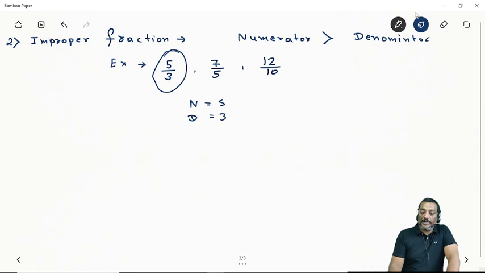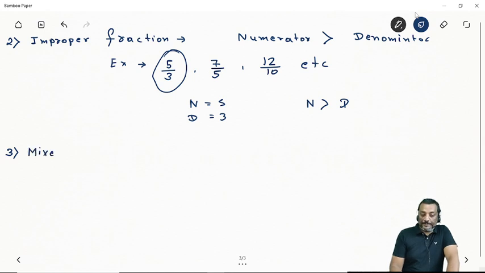So you can say the numerator is bigger than the denominator, so it is considered an improper fraction. In the real world, wherever you see examples where the numerator is bigger than the denominator, it is considered an improper fraction. And based on the improper fraction we get the next fraction, which is called the mixed